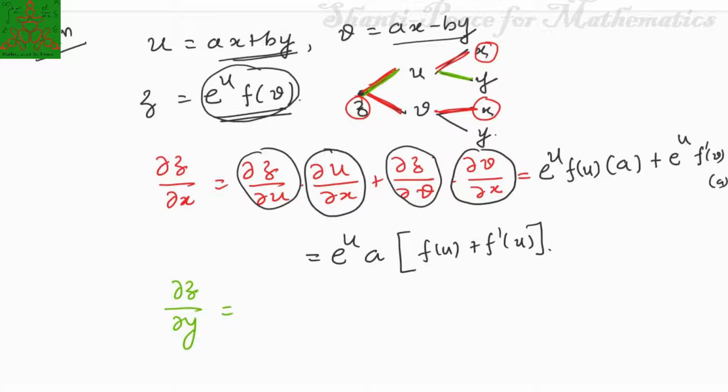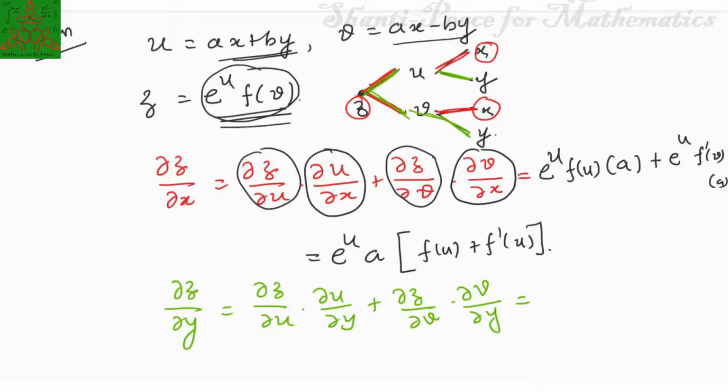So that's why it is ∂z/∂u into ∂u/∂y plus, via this one and this one, ∂z/∂v into ∂v/∂y. Now again, by taking the derivative of z with respect to u, that is e^u f(u), and the derivative ∂u/∂y, that is the derivative of this quantity with respect to y,